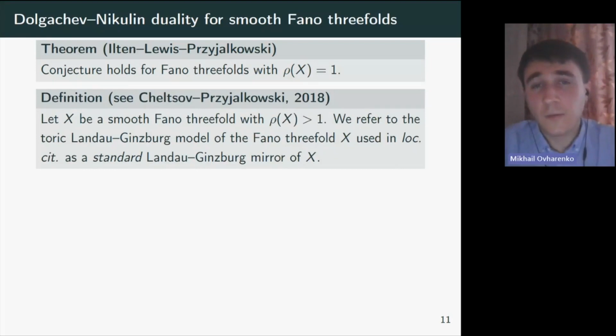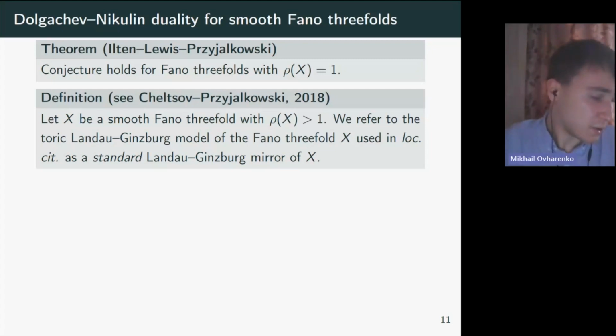So let X be a smooth Fano threefold of Picard rank greater than 1, and then we would call a toric Landau-Ginzburg model of the Fano threefold, which was used in the paper of Cheltsov and Przyjalkowski on the Katzarkov-Kontsevich-Pantev conjectures, a standard Landau-Ginzburg mirror of X. And of course, such a definition would seem to be quite ad hoc, but in fact, it actually isn't,